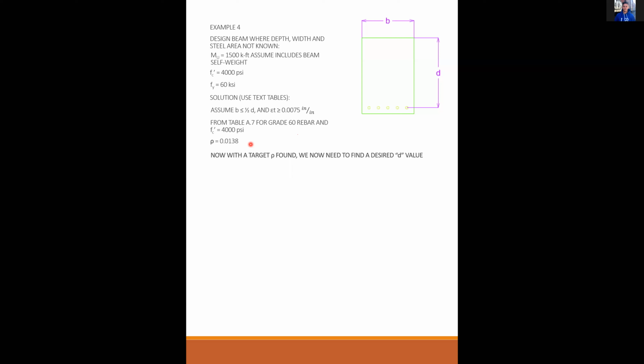I could have said 0.005. I could have said 0.1. I could have said B equal to D. Those are just subjective, and I just made them up for this problem. So basically, if we see at the end that those assumptions are wrong, we start all over again with different assumptions? That's how it goes?